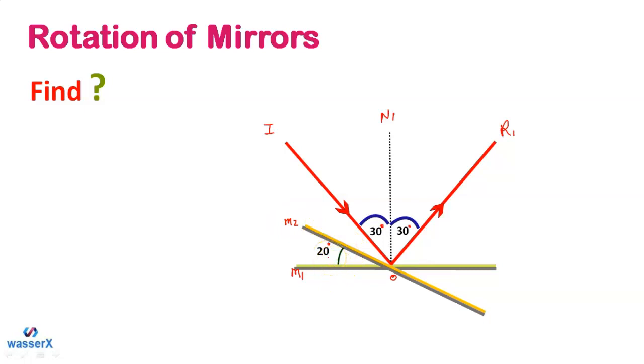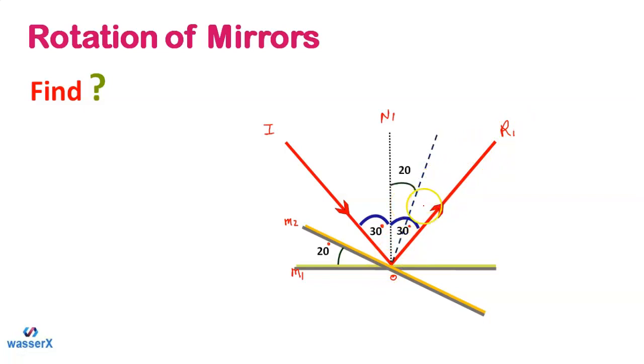So in this way, as you can understand here, when you rotate the mirror by making some angle, the position of the normal must be shifted by the same angle. Why? Because the normal is always perpendicular to the plane or the mirror, right? So let me show you that.